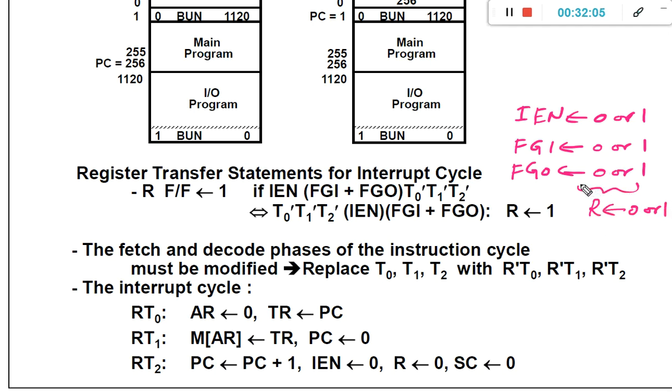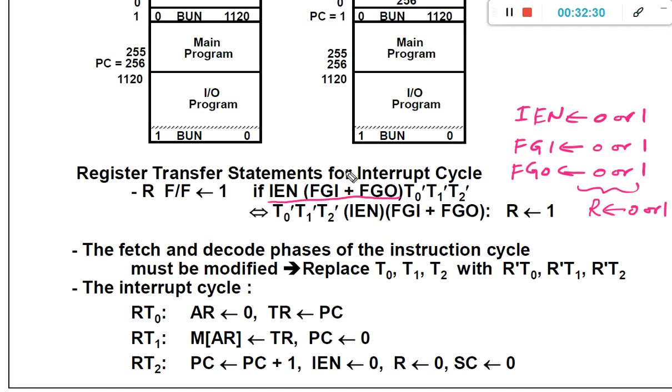Now this particular case must be implemented in register transfer language as a register transfer statement. So how could this be implemented? It is basically IEN (FGI + FGO).